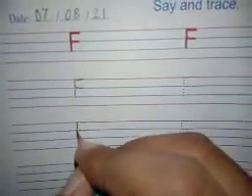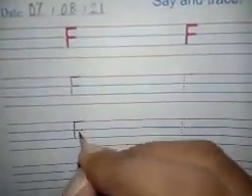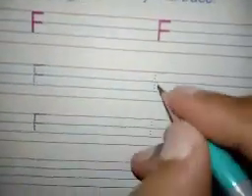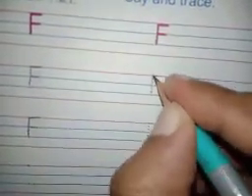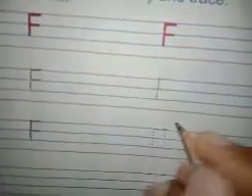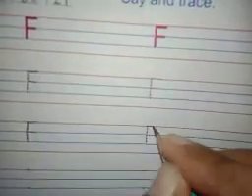F. Standing line, sleeping line, sleeping line. Letter F. Standing line, sleeping line, sleeping line. So on the first two rows we will be tracing, and